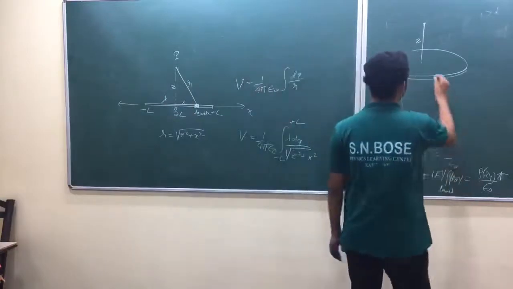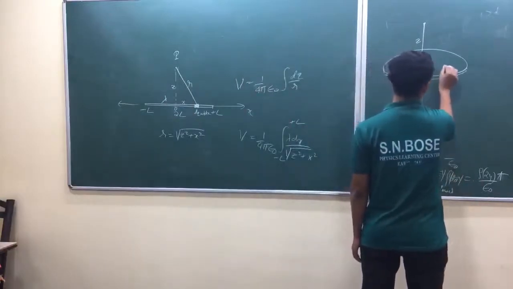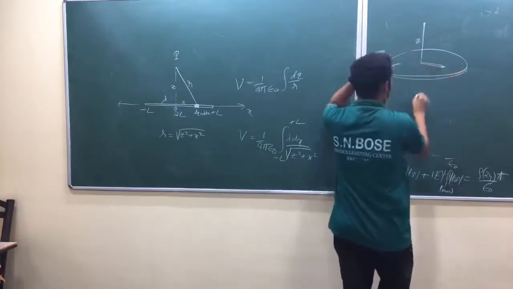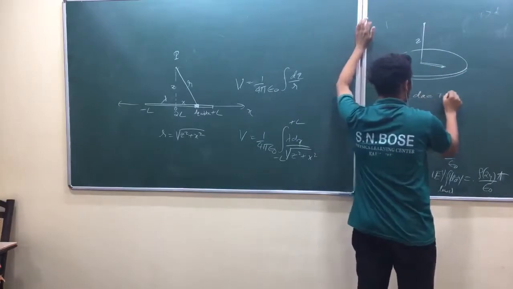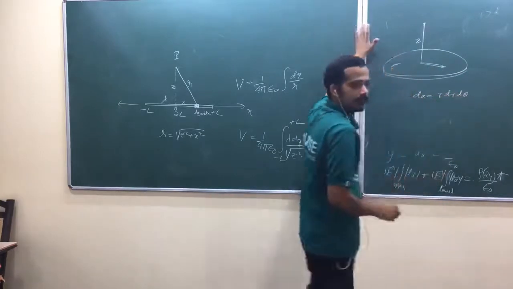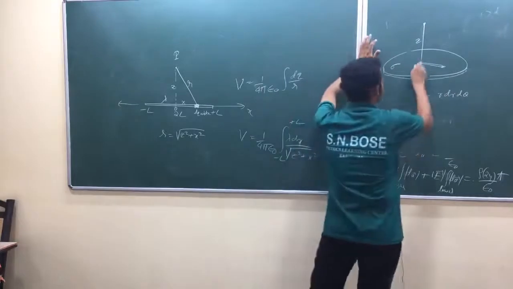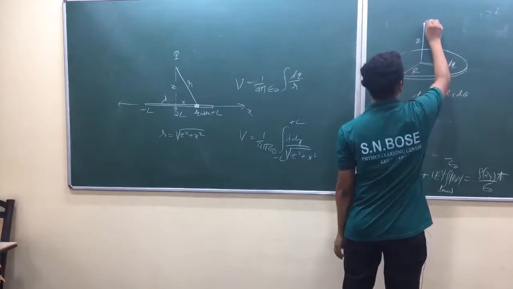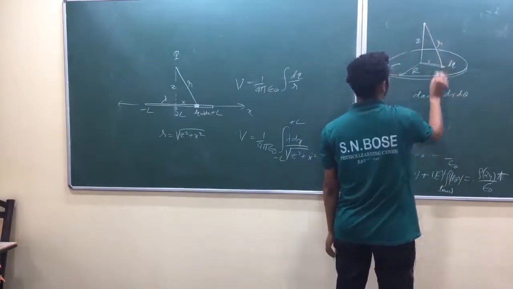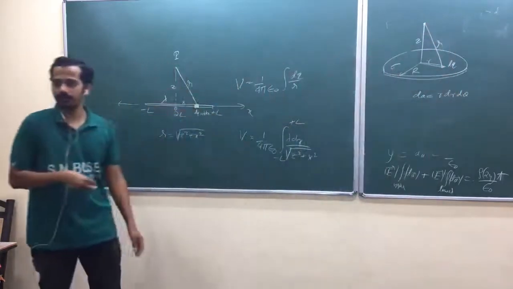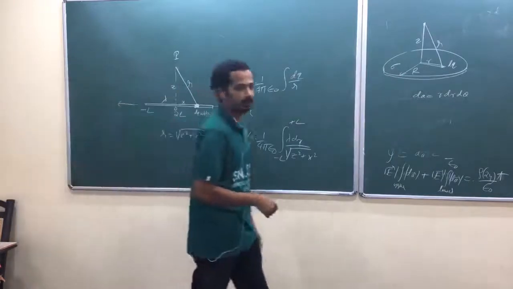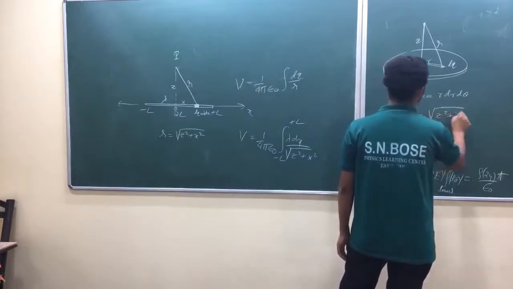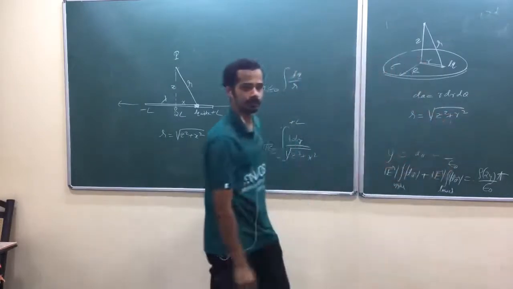Now take one small region here somewhere. I told you how to use your polar coordinates. Am I right? What is dA here? r dr d theta, in case of plane polar. Suppose the disk is of radius capital R. So this is dq. This is italic R, and this is r. That patch of area is at a distance r from the origin. Then what is your italic R? Root of z square plus r square. z is constant, r is variable.